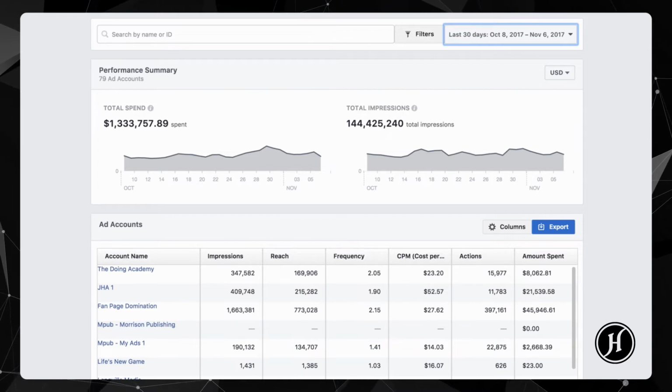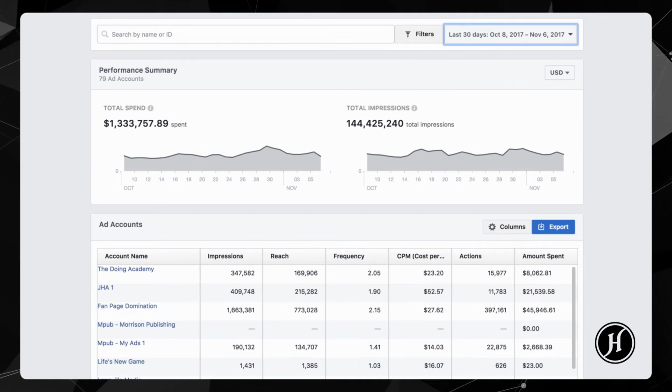What we recommend for all of our clients, and this is what we teach in the bootcamp course, is that you set up your campaigns where each ad set is running a $5 per day test budget. Now, you can control how many ad sets that you're running. So if your budget only allows you to spend $15 a day, you can have 3 different ad sets that you're testing all at $5 a day for a total of $15 a day.